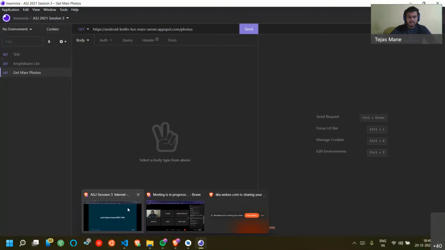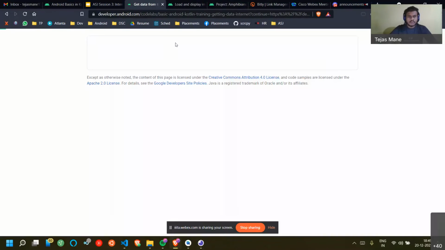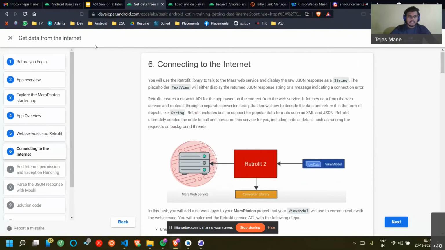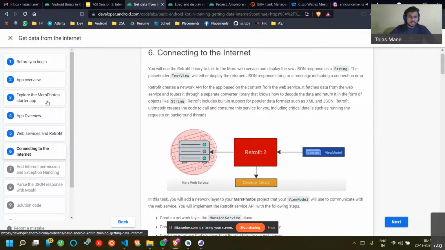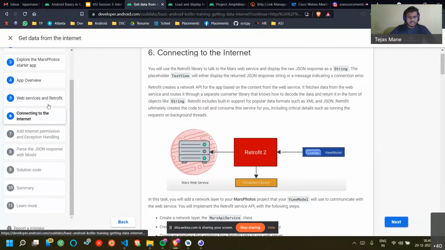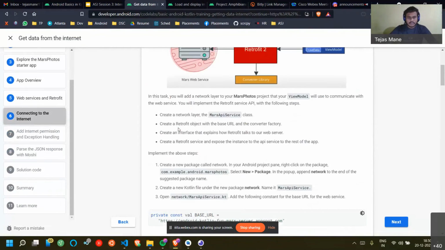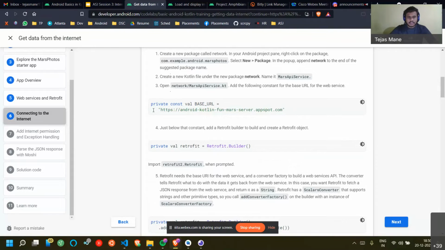If we go to this particular pathway, Get data from the internet, this is the second codelab, I guess. Go to the sixth topic, and here they have provided us with a base URL.